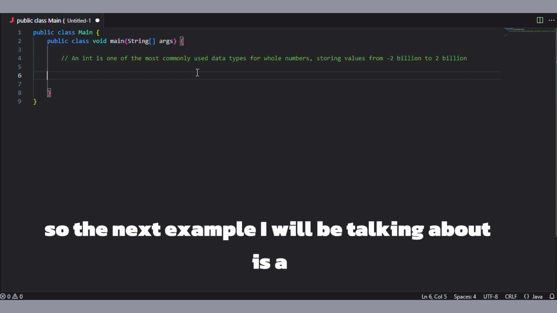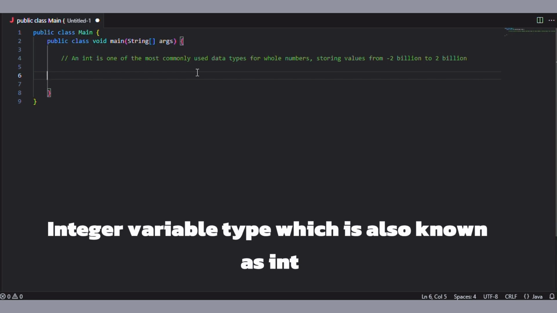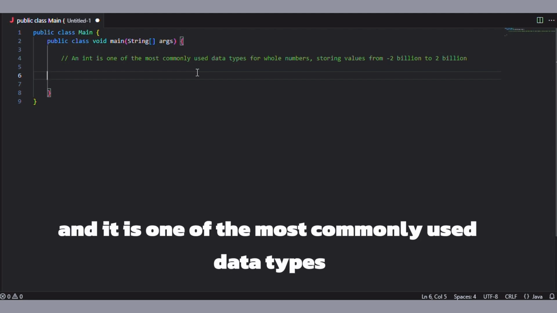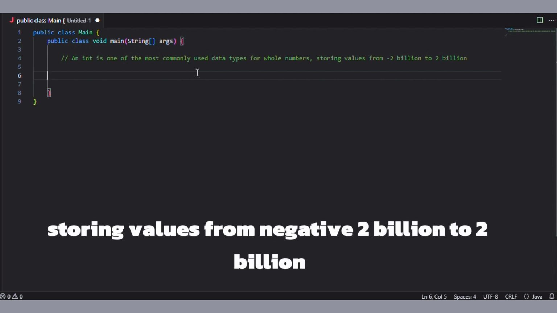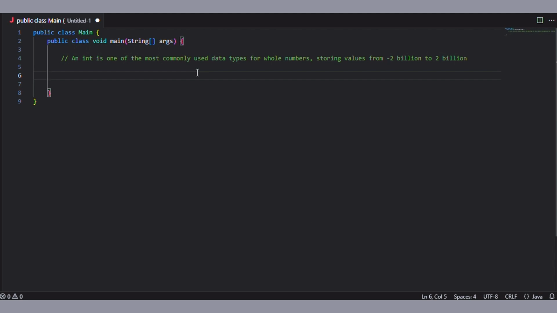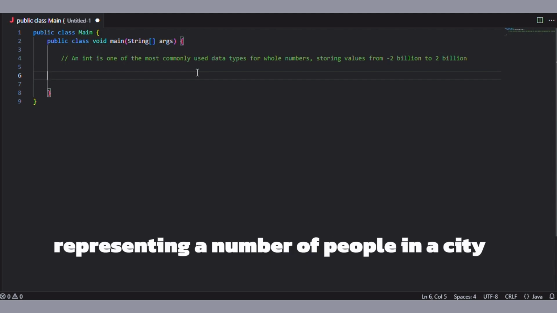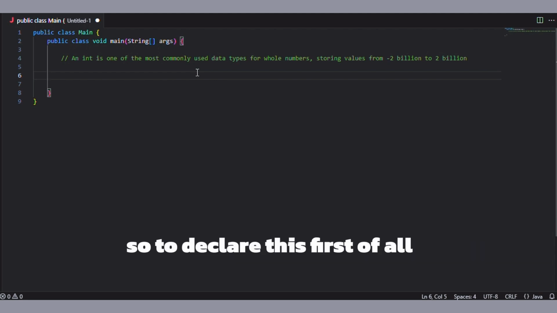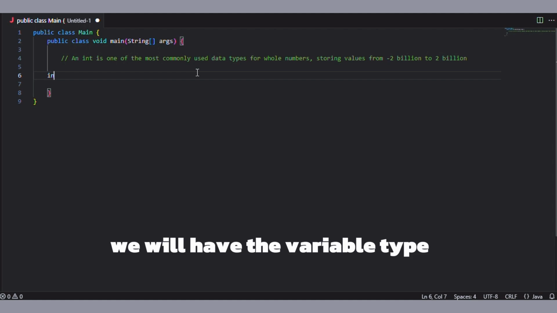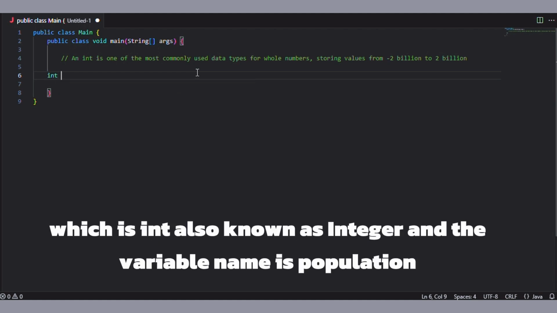So the next example I will be talking about is the integer variable type, which is also known as int. An int is one of the most commonly used data types for whole numbers, storing values from negative 2 billion to 2 billion. Here, the variable population holds a value of 1 million, representing a number of people in a city. So to declare this, first of all, we will type the variable type, which is int, and then